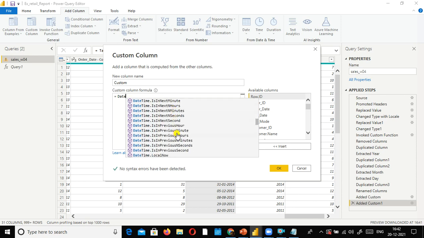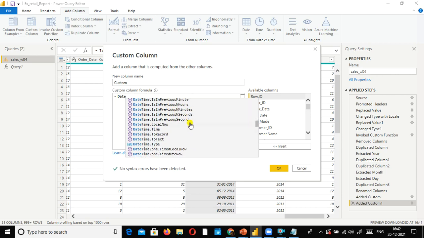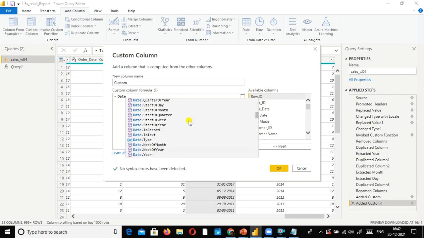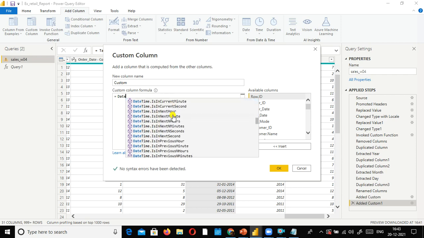And also you can do some kind of checking. Is in next minute or not, date time, right? So your date time function is also available, and date time function we'll see later. Date function, you try to understand. Okay, so month name, and we have something else like